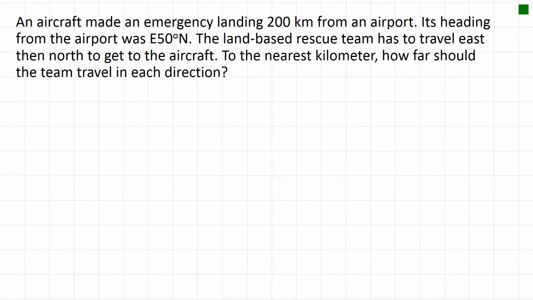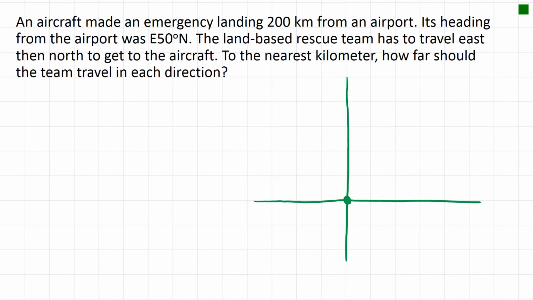So let's apply all of that to a problem related to this aircraft emergency. An aircraft made an emergency landing 200 kilometers from an airport. What we're going to do is use a coordinate plane. Here's the origin, and that's where the airport is. So the airport's at the origin, and the airplane